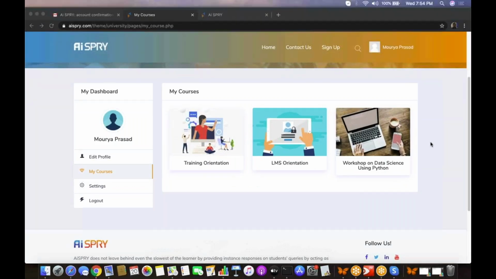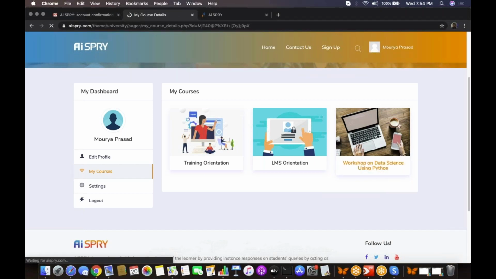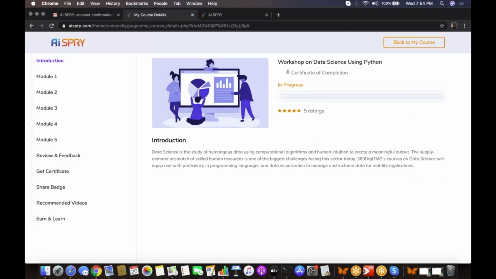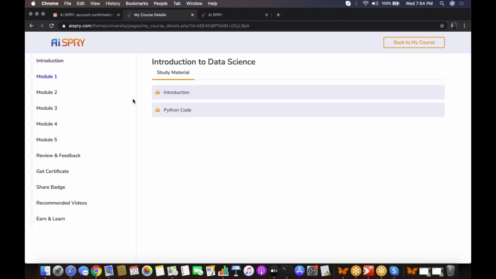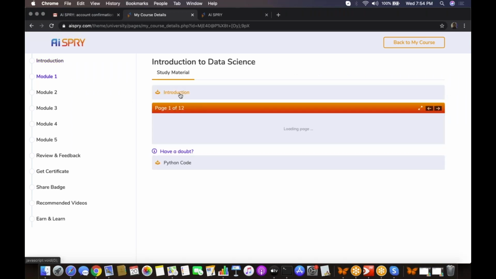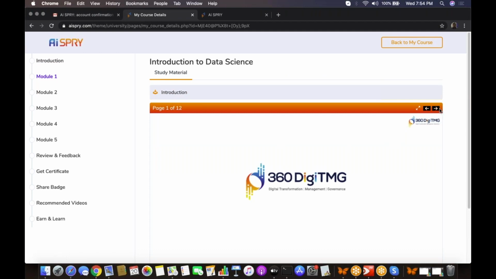Now once you have entered into the account, this is the page you are going to see, and you will find the Workshop on Data Science using Python. This is the course name you need to select. Click on the course name in order to download your certificate. When you click on it, you can find the modules, the study material and the presentations that were shown in the training.